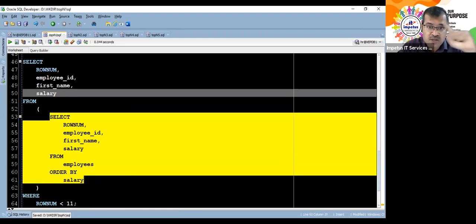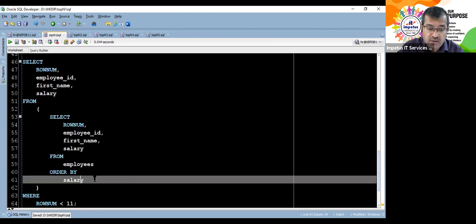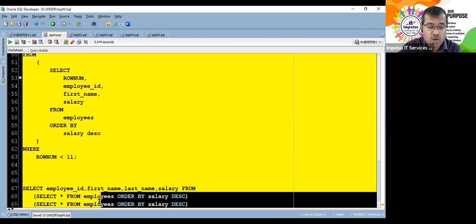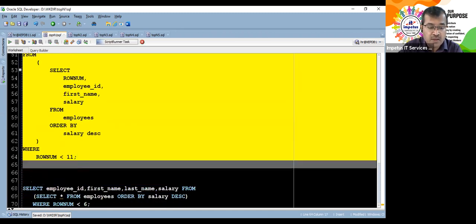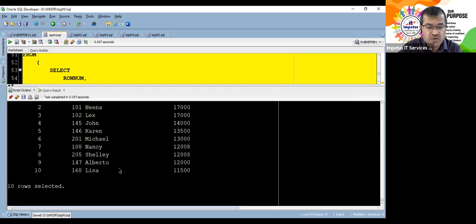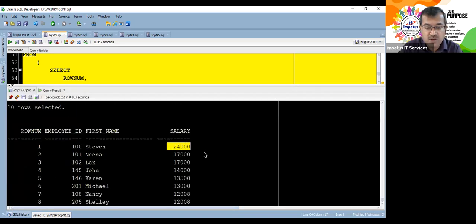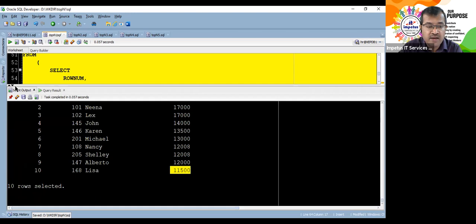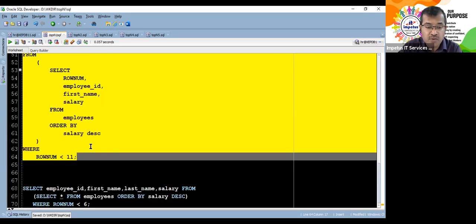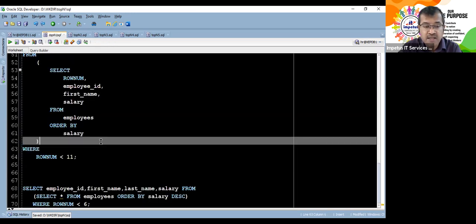The actual row numbers are no longer valid. Now here, when you say order by salary, the records are arranged in the order of the salary, ascending order, descending order, whatever you would like. If I wanted a descending order, I could have just said descending. In that case, we would get the first 10 rows with the highest salary. Look at this, from 24,000 to 1500, 1100, 550. There can be a few more people having the same kind of salary, but we could have done that.